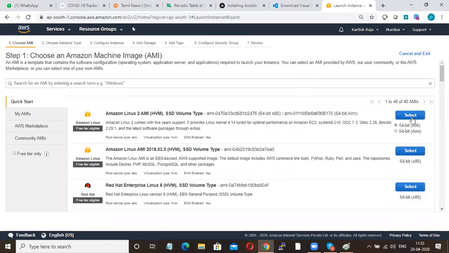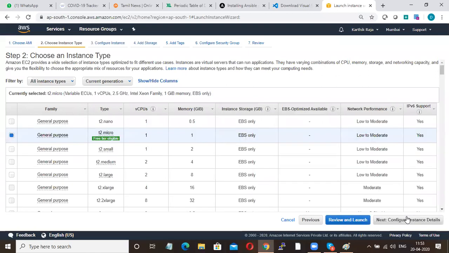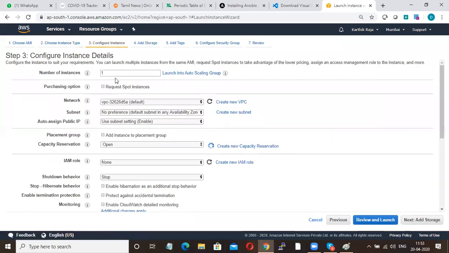Here I'm just going to use this machine. These are steps you are familiar with, so I don't want to explain all this. Here I'll go for 4 machines. Why? Because 1 master and 3 slaves. And I have chosen Linux machines. Why? Because your master machine should not be a Windows based machine.